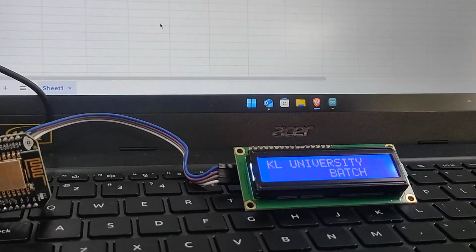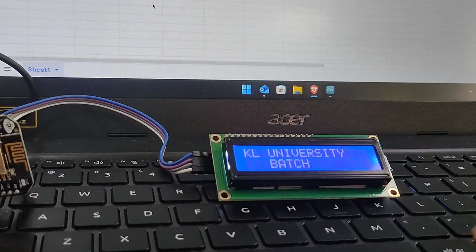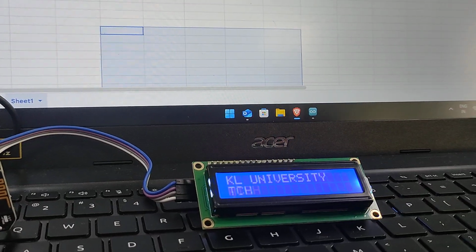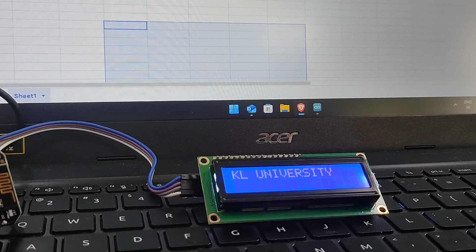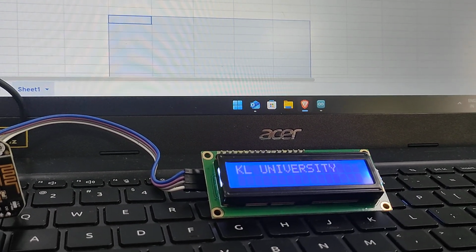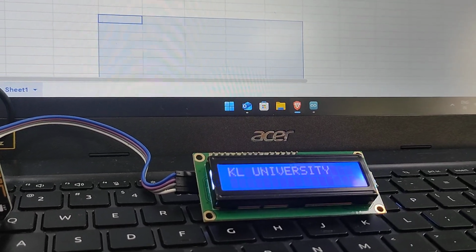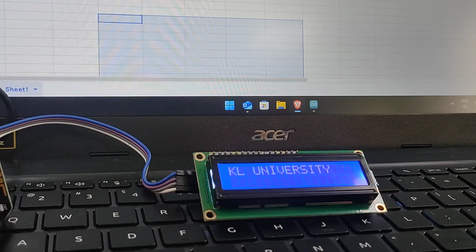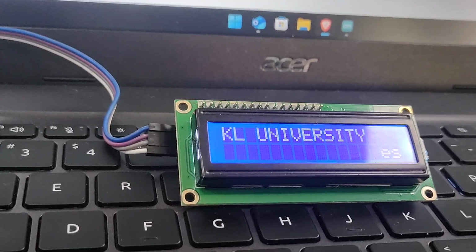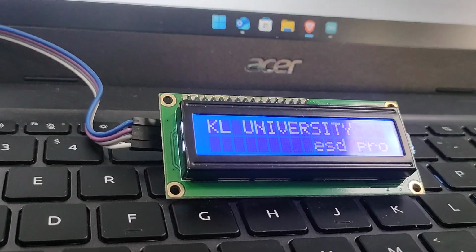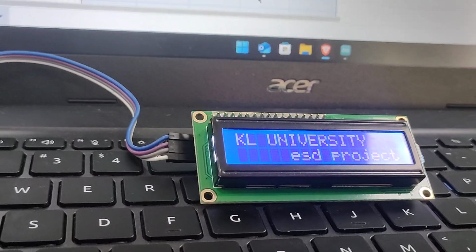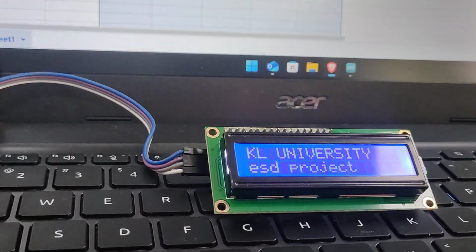After a couple of seconds, you will get the output displayed here. Here we entered the ESD project and we got the output on the display.